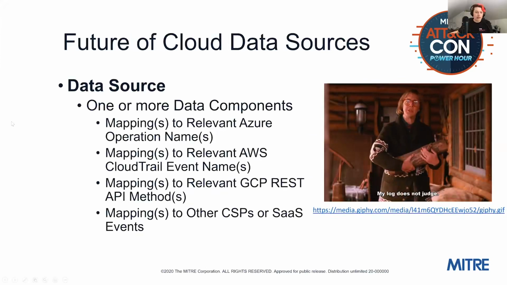I'm not sure how many of you have seen Jose Rodriguez's blog post about the future of data sources for Enterprise Attack, but we're also moving in that direction with our cloud data sources. So the idea here is that you have a single data source. It has one or more of these things called data components. And then as contributed from the Attack team or the community, there can be mappings to relevant events and APIs from the various cloud service providers and SaaS providers. We really hope to move away from that general logs approach and start moving towards something that's a more meaningful set of data sources for our users.